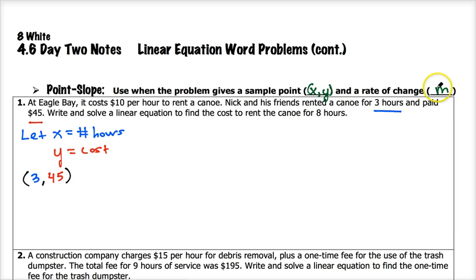My rate of change, my m value, is like in the last video, the word problems we saw are per hour here. This is my rate of change, m equals 10. So I'm going to use point-slope form to write an equation for this. And so this is going to be y minus my y-coordinate, which is 45, equals my rate of change 10 times the quantity x minus my x-coordinate 3,